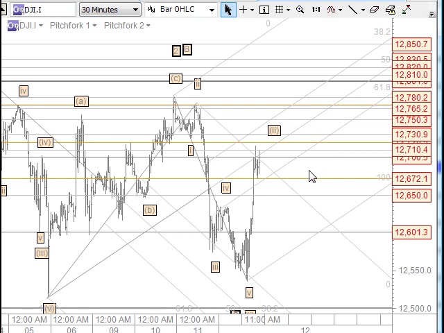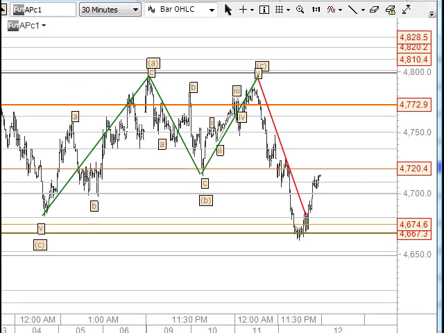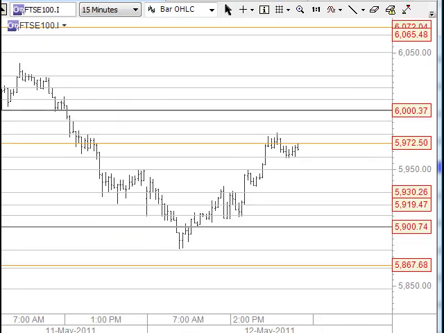No major news is ready to come out, so we'll probably see it stay in this range here, but we're looking for a breakout of that there. So that's the situation. It's a wait and see there. A bit the same as the English markets as well in terms of this.